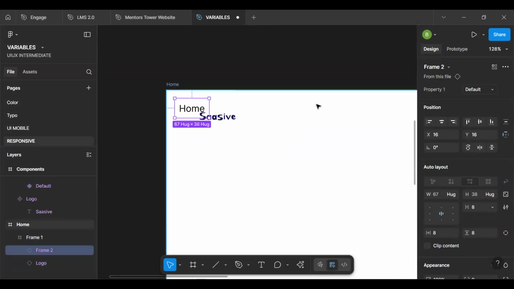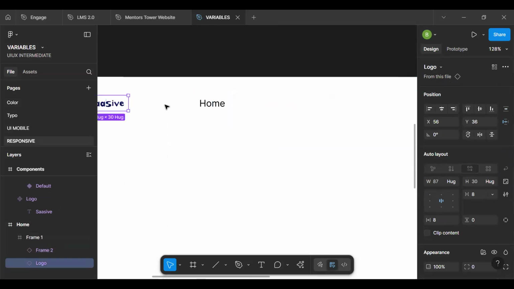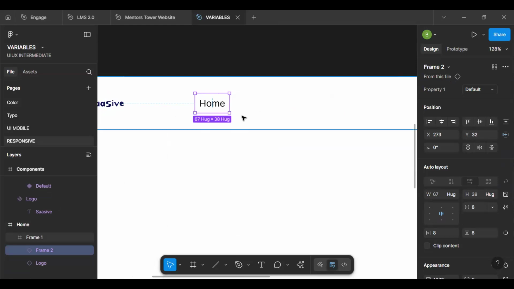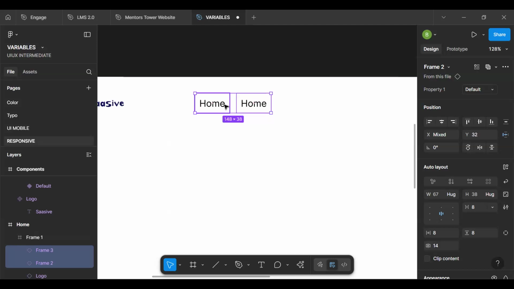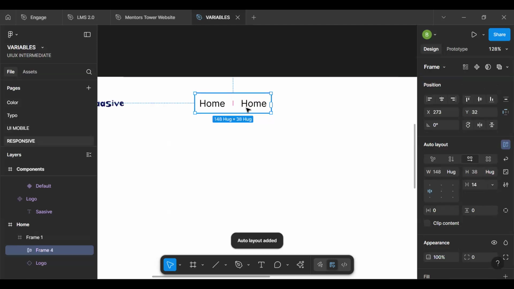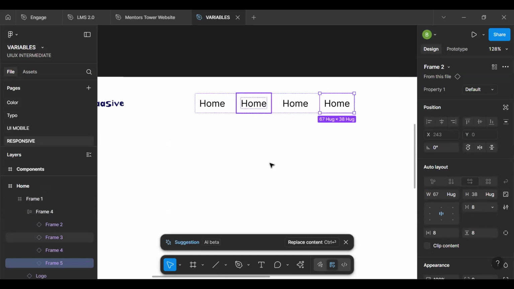Okay, my bad. So I'm just going to paste it, center align it, and okay, let's see. This is 36, 36, 32, 32. Right. So I'm just going to duplicate this again. Then I'm going to put this in an auto layout, duplicate it times. So we are going to have,